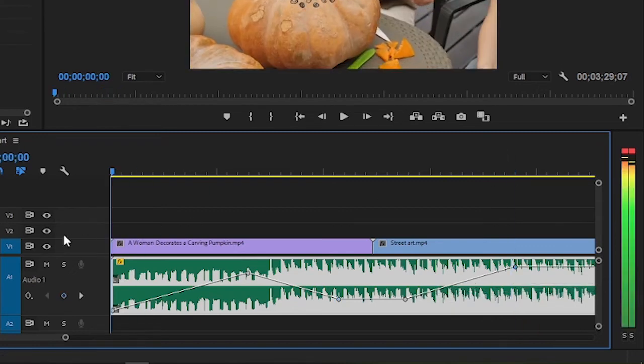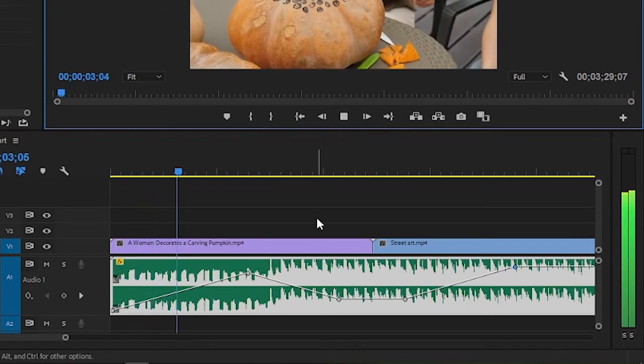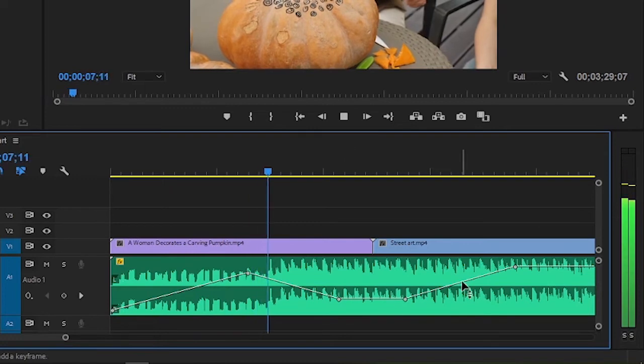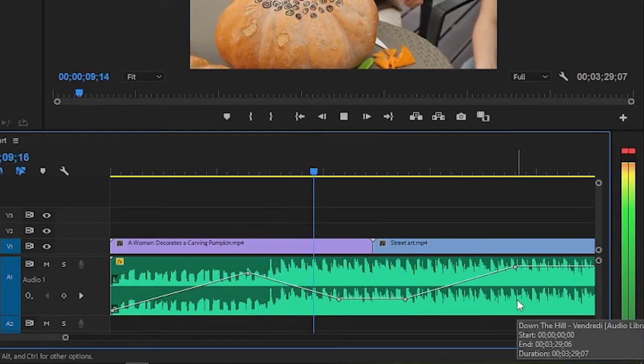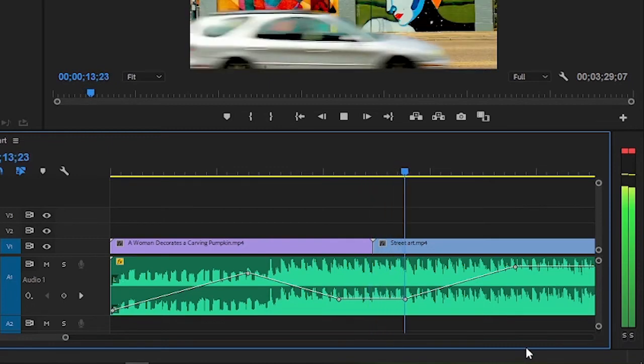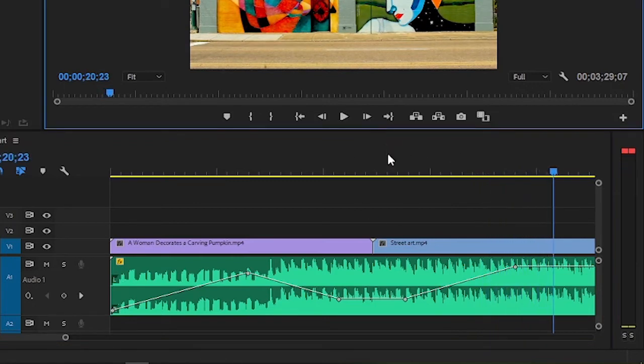Let's play it from the beginning to listen to what we get. That's a linear fade, I mean.